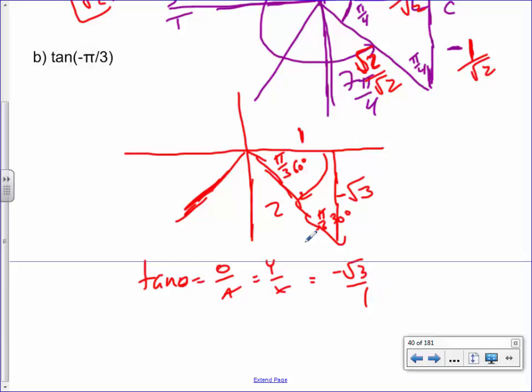If you did want to make it a unit circle, by the way, you'd divide everything by 2. And what would end up happening is you'd get minus root 3 over 2 divided by 1 over 2. And then wouldn't those over 2's just cancel anyways? So you don't have to make something a unit circle, but you can if it's helpful. So